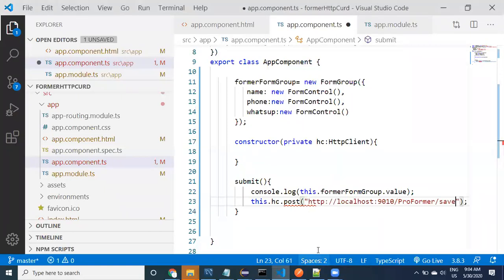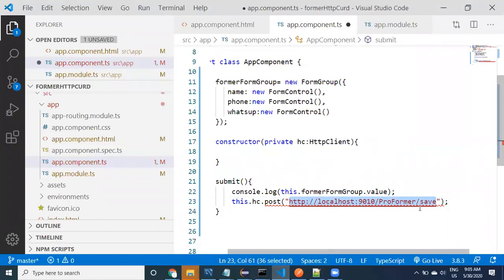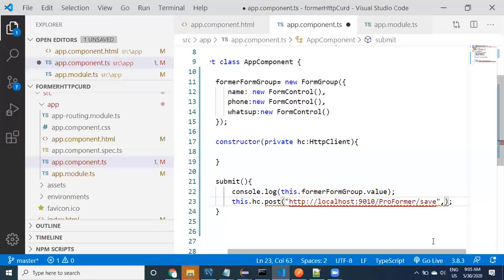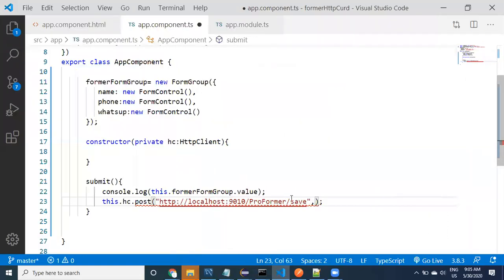Coming to here, this is going to be the URL. The post is going to be something like this URL. See here, guys, this is the URL.